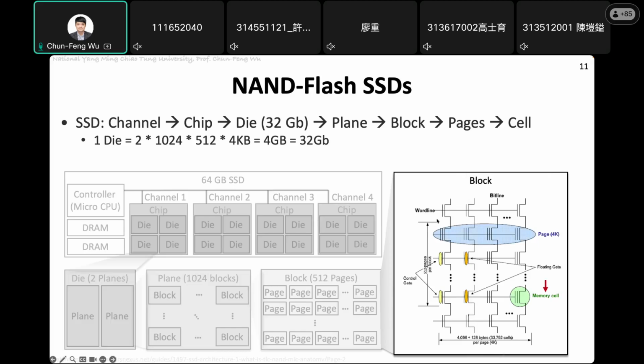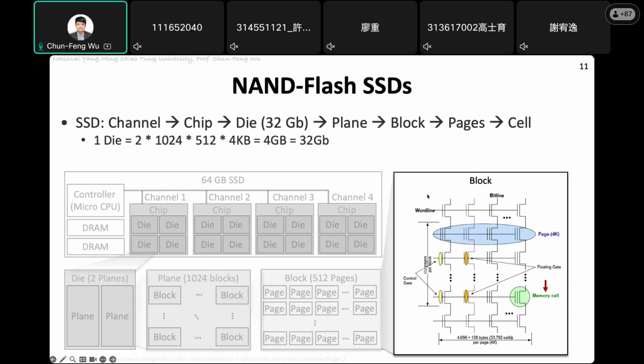And the size, usually it will be 4 kilobytes to 32 kilobytes, depending on different manufacturers and different generations of SSD. Okay, so for each block in general, you will get 512 pages. So if each page is 4 kilobytes, and there are 512 pages, it means your block will be 2 megabytes. And the reason there is a block structure is because an SSD erases the data in